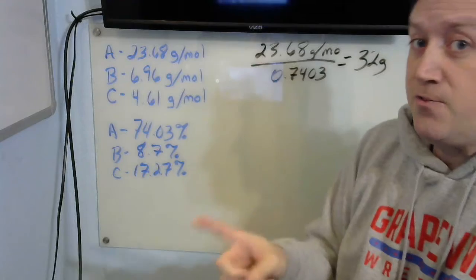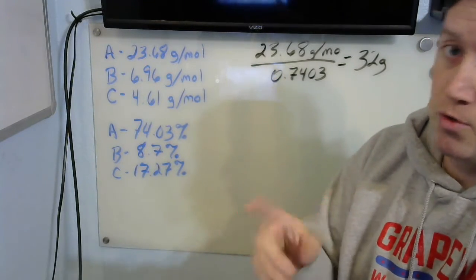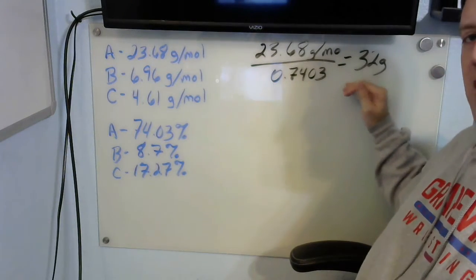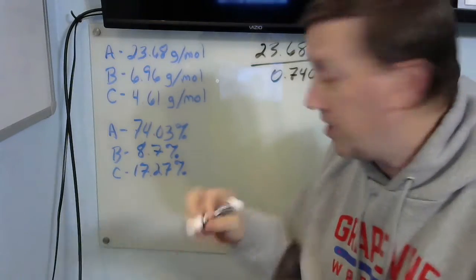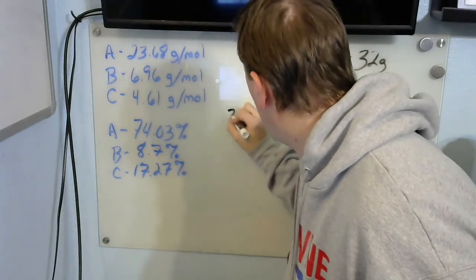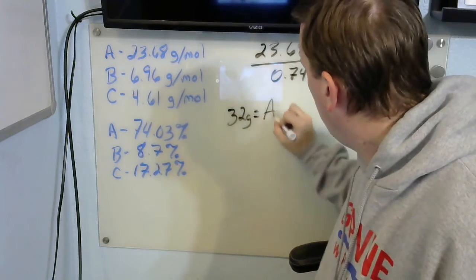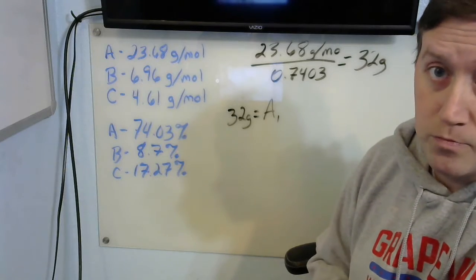Right, so if the molecule had only one atom of element A, then the total mass of the molecule would be 32 grams. All right, so we're going to assume that it's 32 grams. So down here, 32 grams